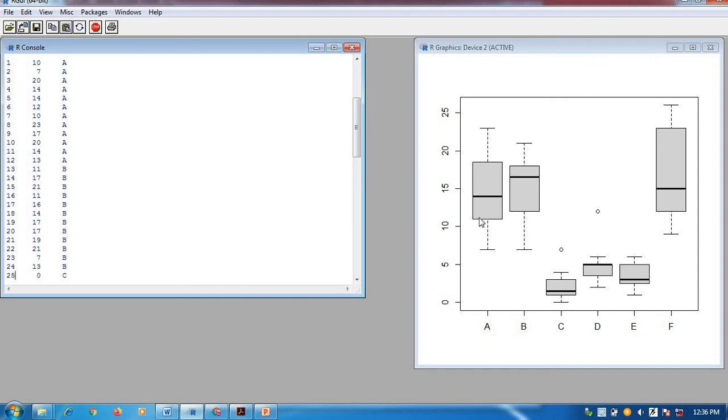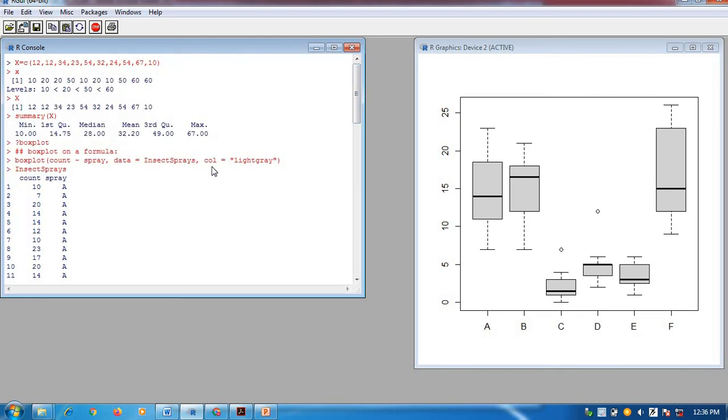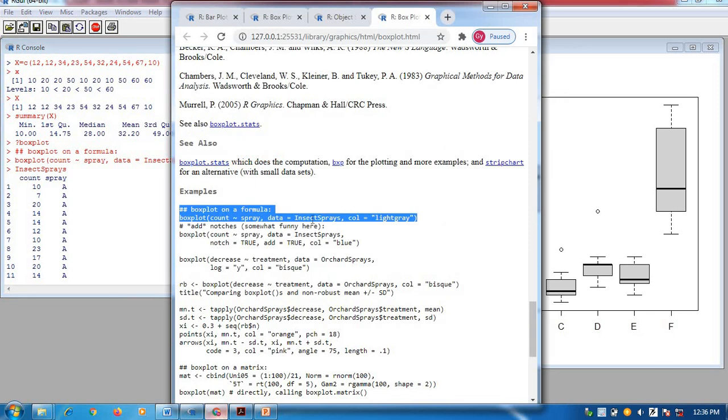In this way the box plots are plotted. The color is light gray; you can change the color and get different types of box plot display. One more we can try if you want.